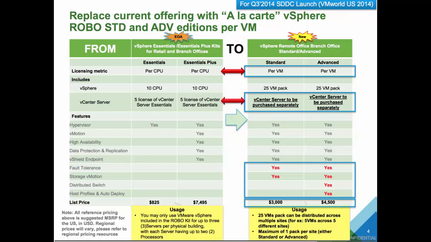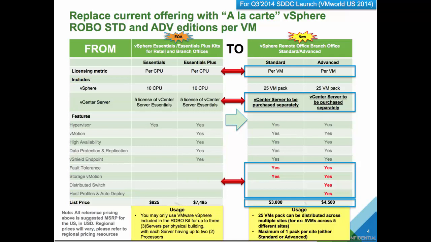Now, another change that you need to be aware of is that the old ROBO came with vCenter Essentials. The new ROBO packaging no longer comes with vCenter. It is now going to be purchased as a separate item. If you notice, we talked about some of the features that were not in the older version of the ROBO licensing that are now in the new. So if you see here in the red yeses,